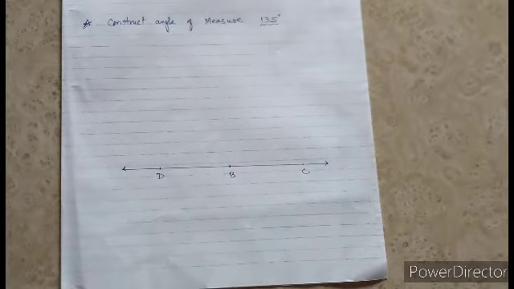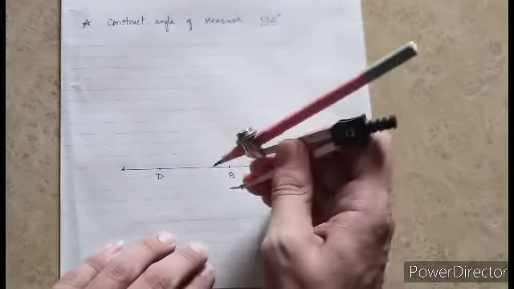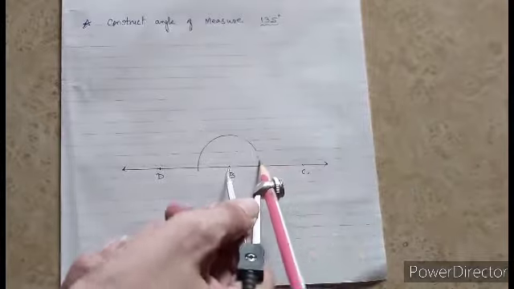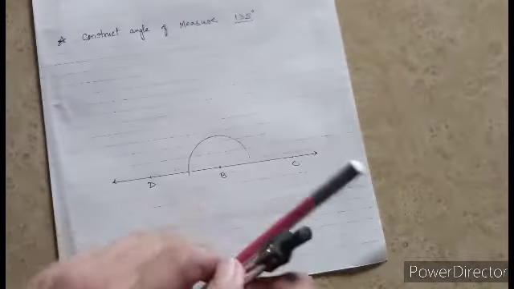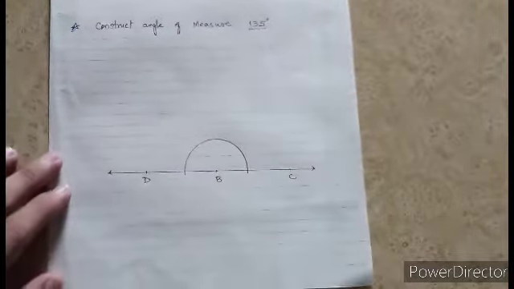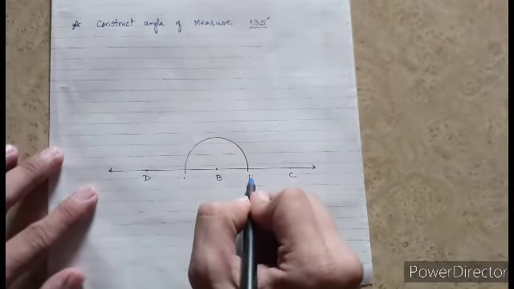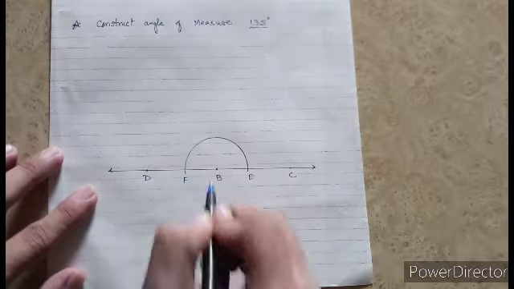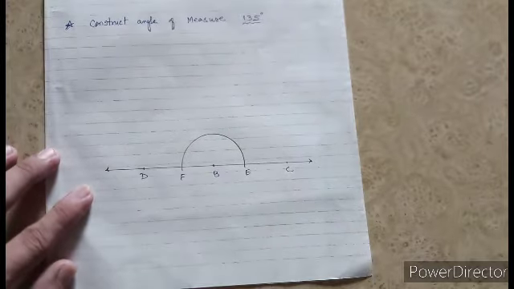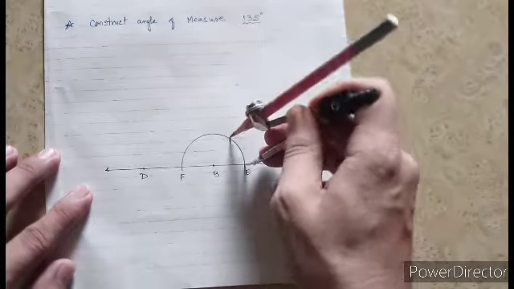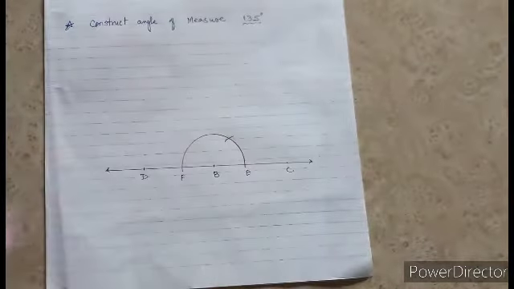Now taking B as center, first of all we will form a semicircle with arbitrary radius. Draw a semicircular arc on line BC. Name the points of intersection as point E and point F on both sides of B. Now taking E as center and the same radius, make an arc on the semicircle. This is the reference point for the 60 degree angle,